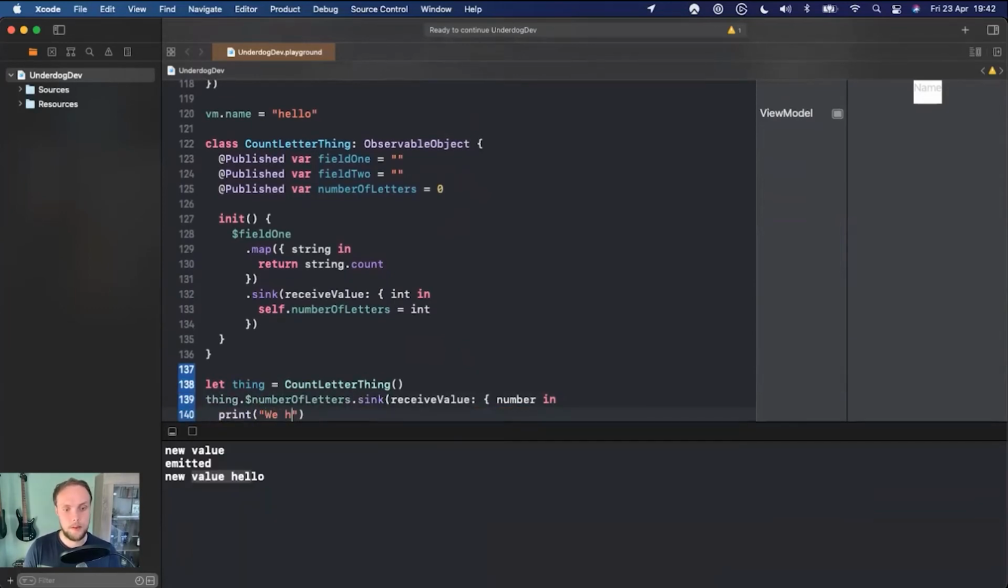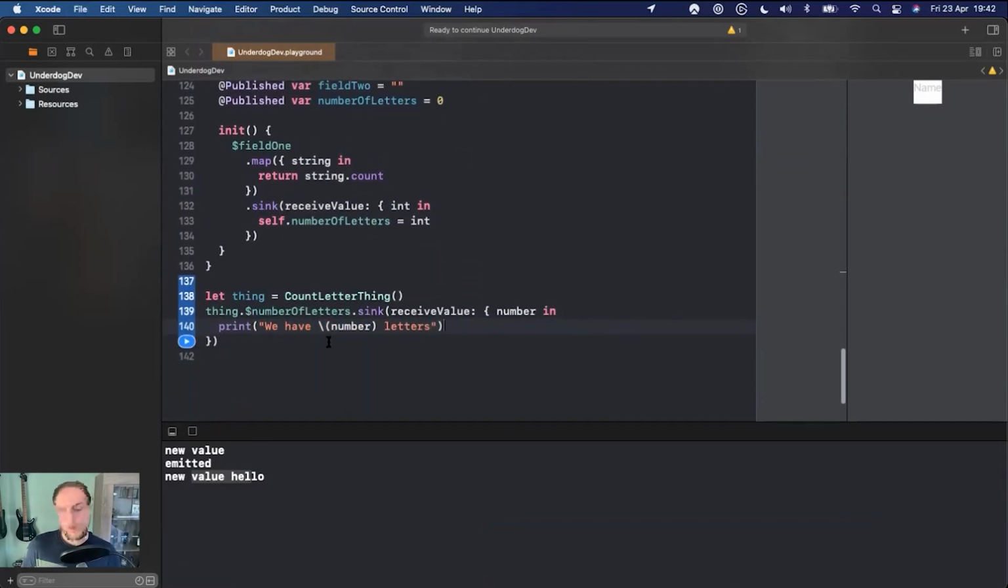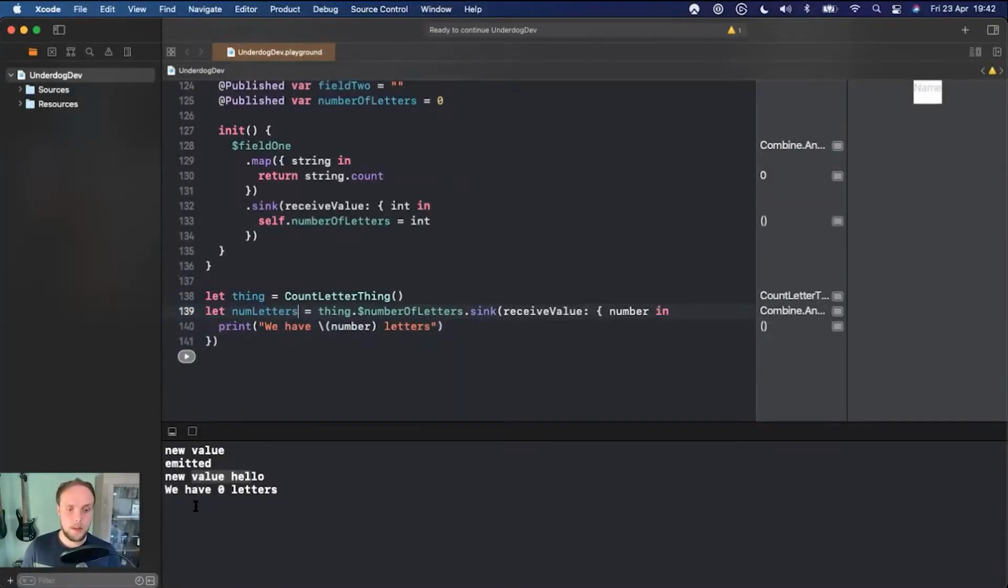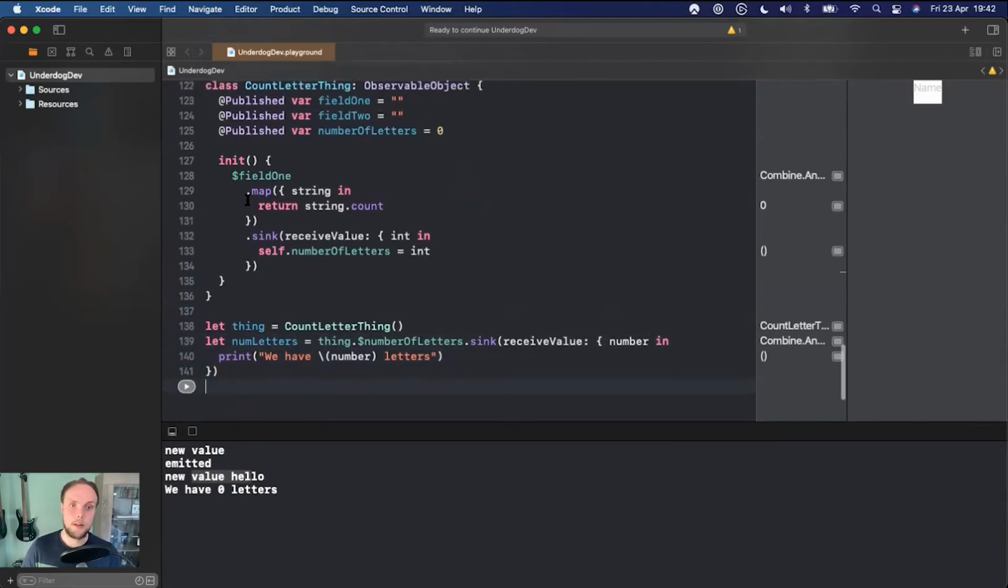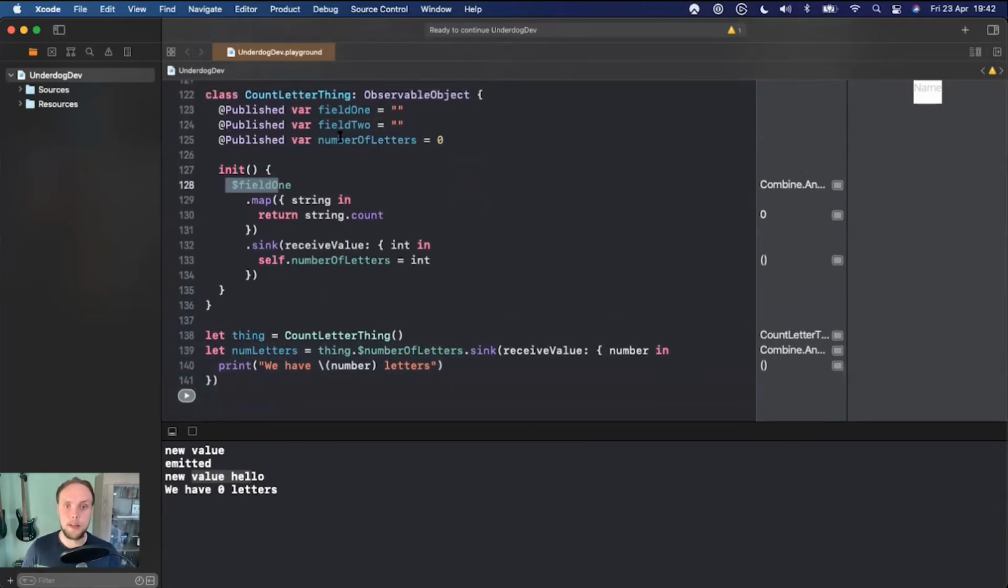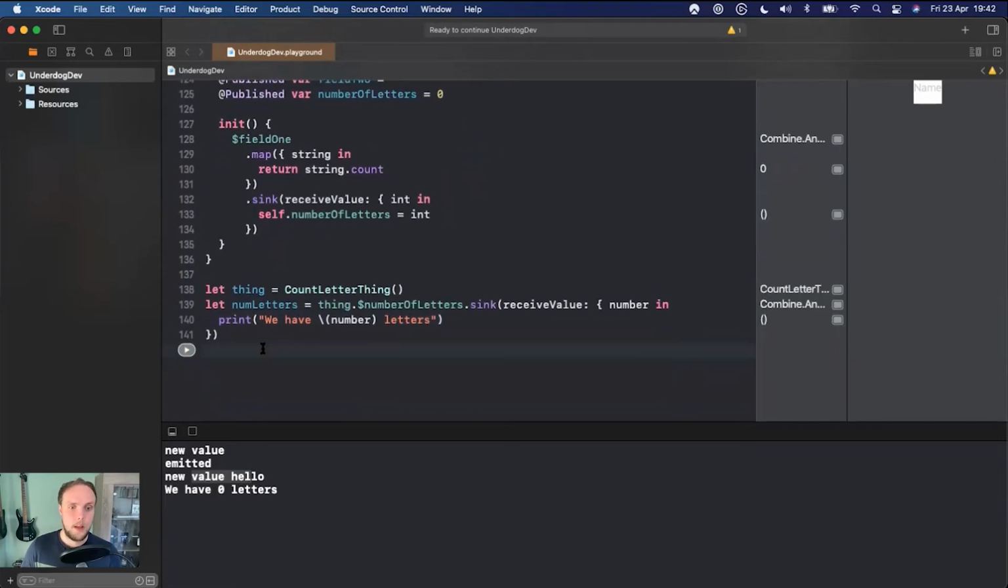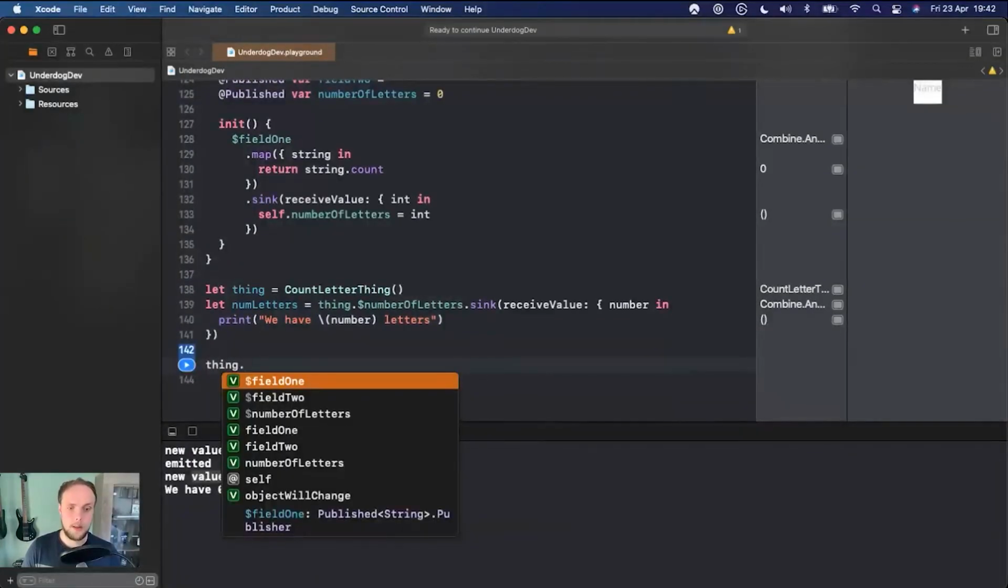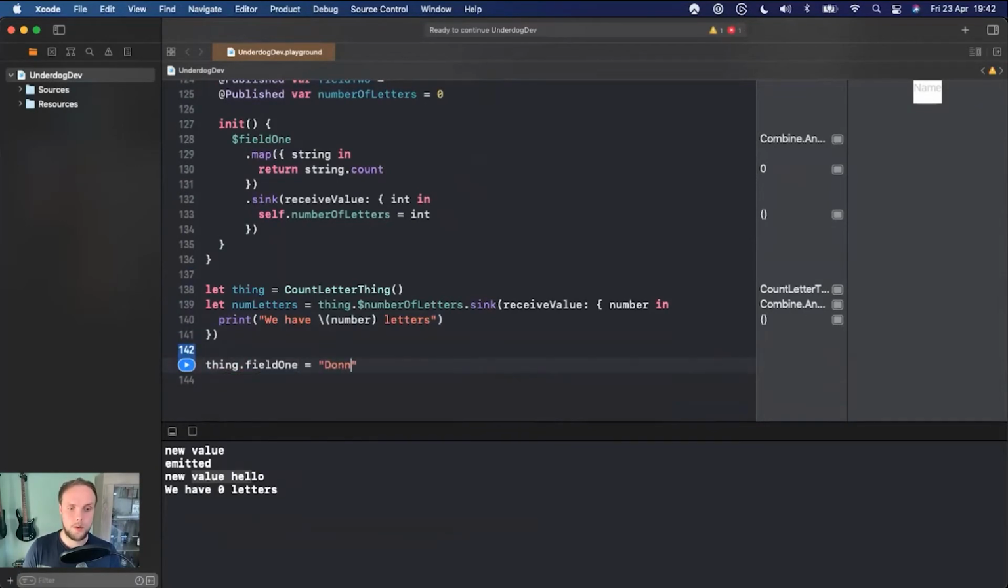We have number letters. Okay, so this pattern here should start to become a little bit familiar by now, right? We have a publisher, we want to get its values, so we subscribe to it, and we don't forget to hold on to the returned cancellable. So if we do this, we have 0 letters. That's because this publisher here will immediately emit its first value. Now, if after this we say thing dot field 1 equals Donny, we'll see that we get